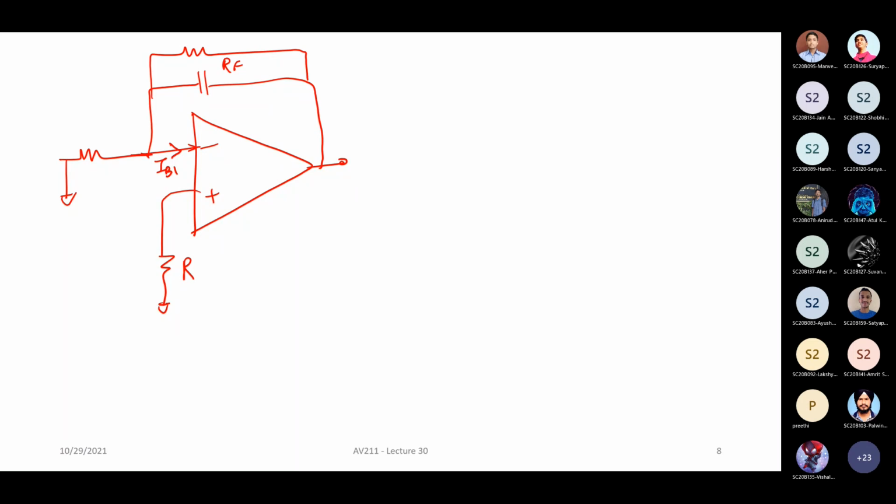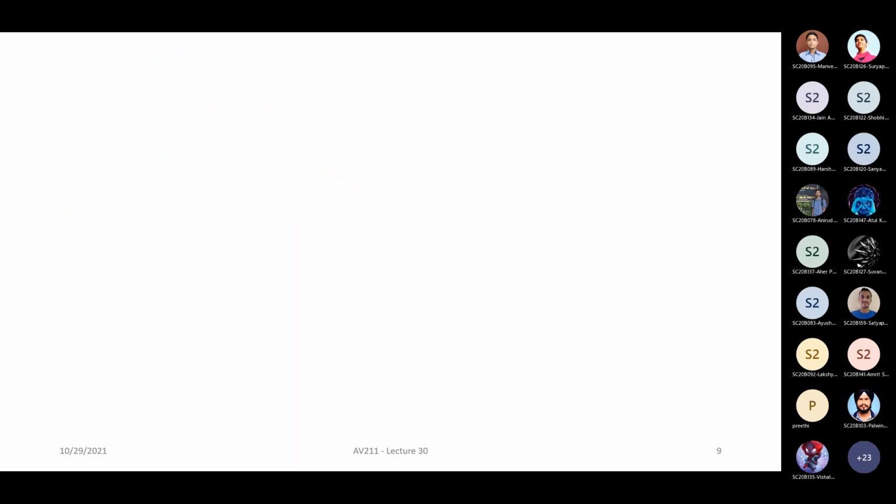Okay. So now let us move. So far we have been looking at what are called the more linear type of applications. We did summation, difference, and the instrumentation amplifier I'll take on Tuesday's class, where we will see how we can do the difference of two signals.